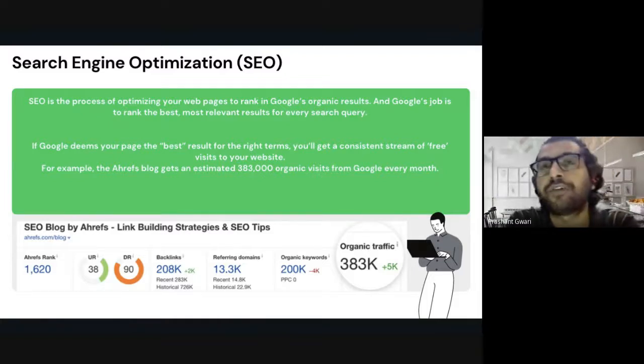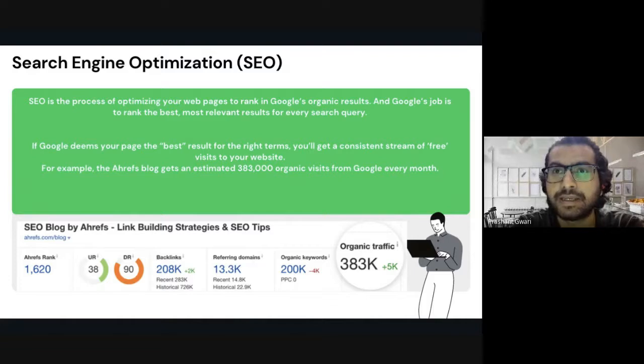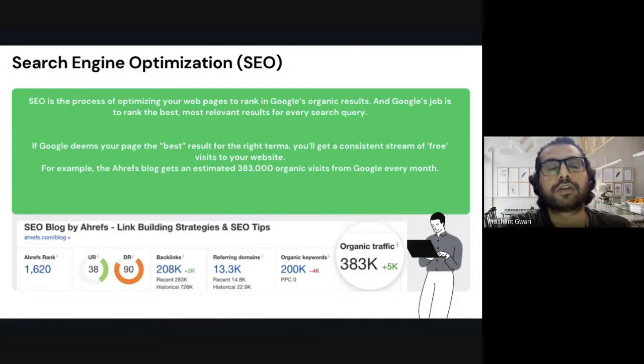So if someone is typing "what is digital marketing", and let's say 100 people are writing on that topic, but your content is the best because you are answering elaborately and clearing all the doubts and questions of a searcher, what will happen? All the traffic will be diverted to your website, because your website will be ranked first, as you have the best content.